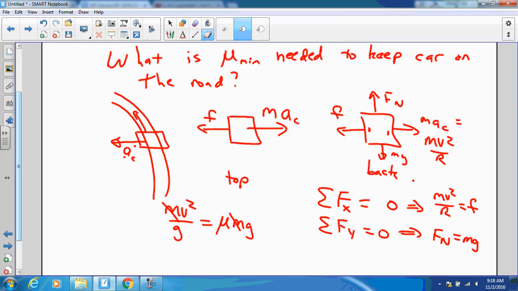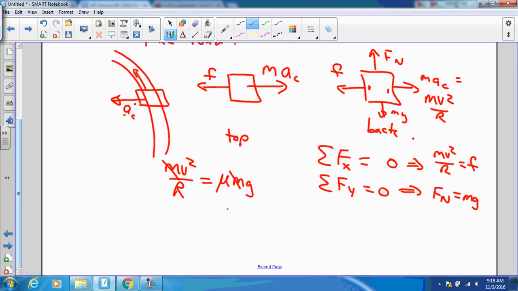which is mu mg, and then cross out m. Yeah, I wrote that wrong. Here we go. Cross out m, and then the lowest possible mu is v squared over rg. That's it. And there it is. We would get, of course, the same equation if we analyzed it from the inertial reference frame from the outside observer standpoint. The only difference is that we would have mv squared over r being the sum of forces